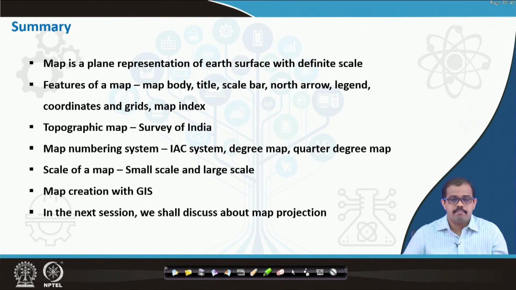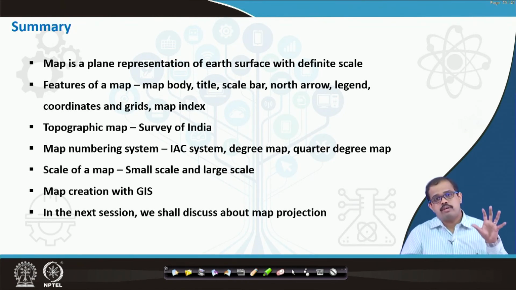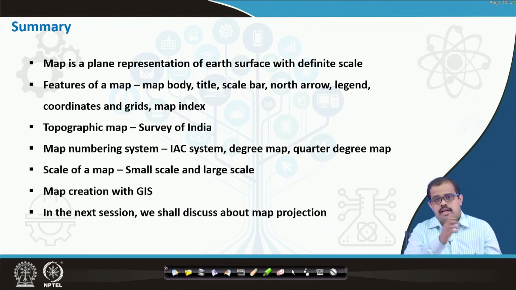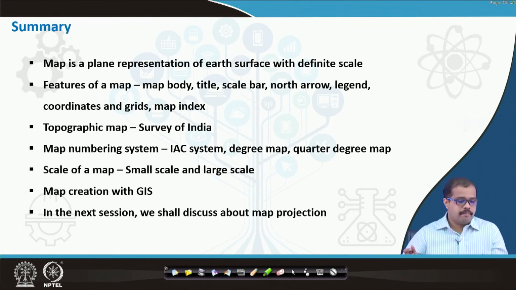And to summarize, a map is a plane representation of the Earth's surface with a definite scale. We have looked at the different features of a map. We started with the map body, then we looked at the title, where the scale has to be placed, then the northing, then information about the map, certain information that is required, then we looked at adjacent maps also. I gave you an example of it. Then we looked at the map numbers that have to be represented, and the area names where it is actually located. So that is what is a part of a map.